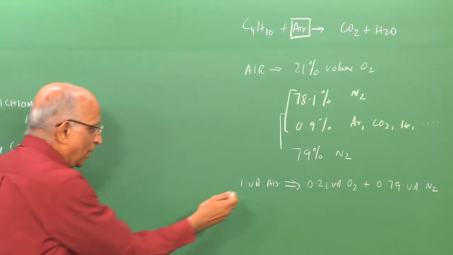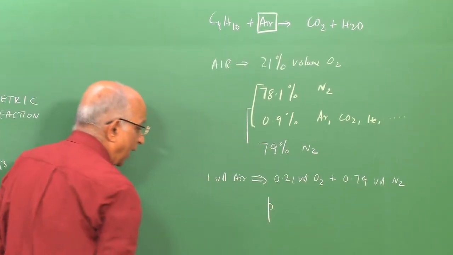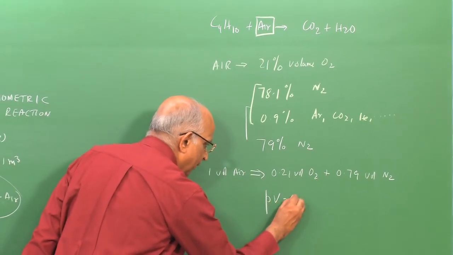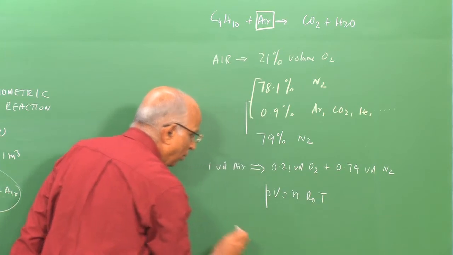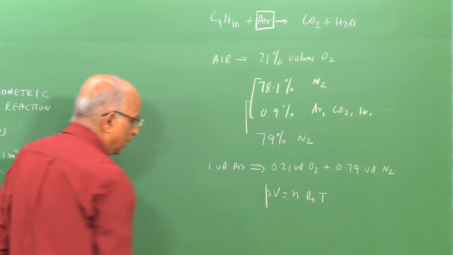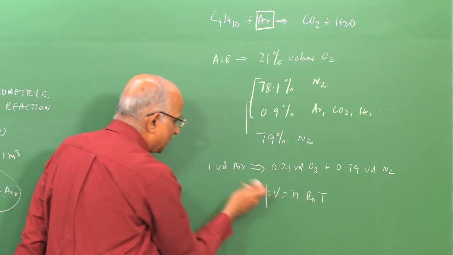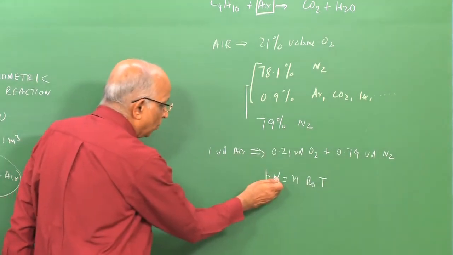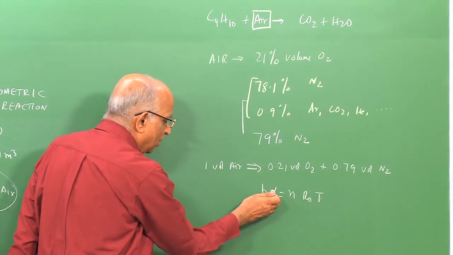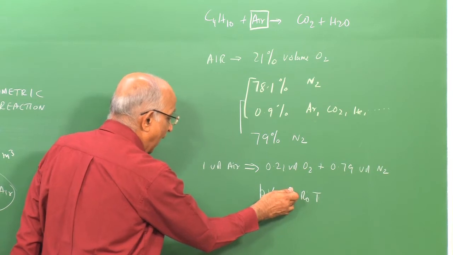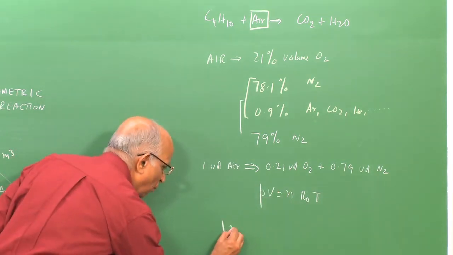I would like to convert the volume into moles, and again I look at the ideal gas equation. I have PV equal to the number of moles times the universal gas constant, which is the same for all gases, times temperature. At any pressure and temperature, so long as they are the same, the volume goes as the number of moles, and therefore the moles are proportional to the volume. Therefore I say 1 mole of air